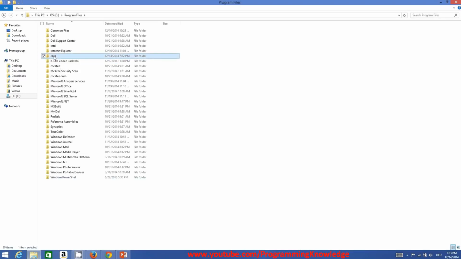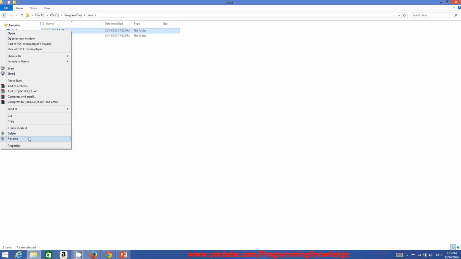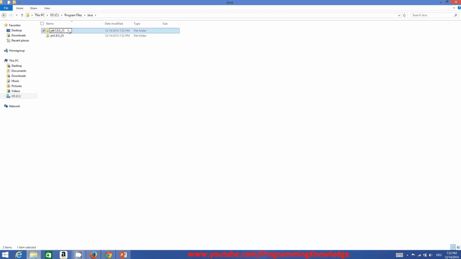And in here you will be able to see two folders. One is the JDK folder and the other is the JRE folder. JDK, I already told you, is Java Development Kit, and JRE is Java Runtime Environment, right? So I will change the names of these JDK and JRE folders to make them short and really easy to understand. I will rename my JDK folder as JDK8, and I will rename my JRE folder as JRE8,